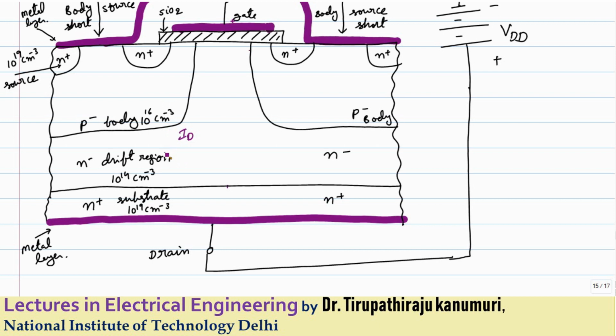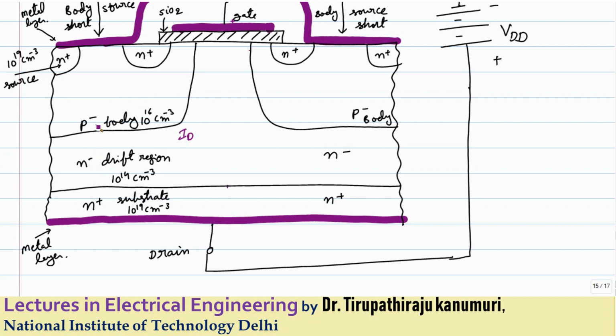I have already explained this before. During the reverse bias condition, if the region is lightly doped, the barrier width will be more. As the barrier width is more, it can withstand more voltage. How it withstands more voltage, I have already explained in power diodes. You can please refer to that lecture if you don't know why it is made like that.